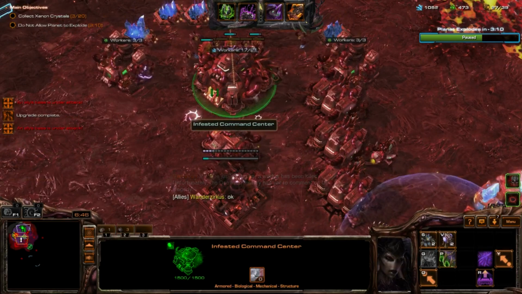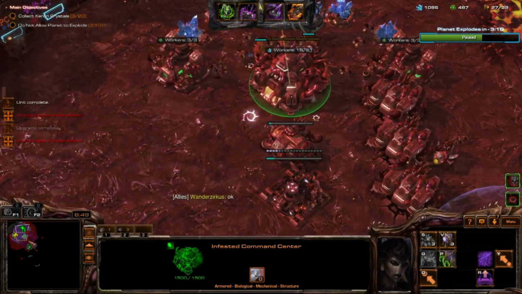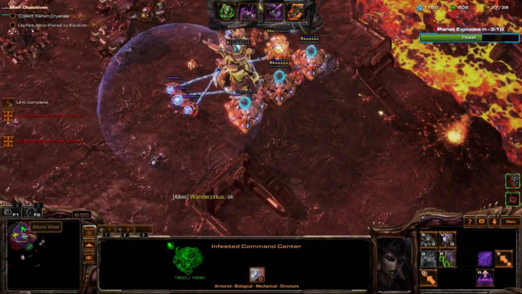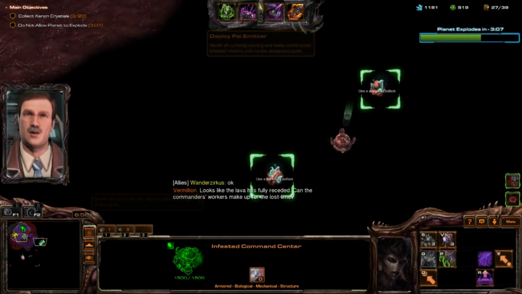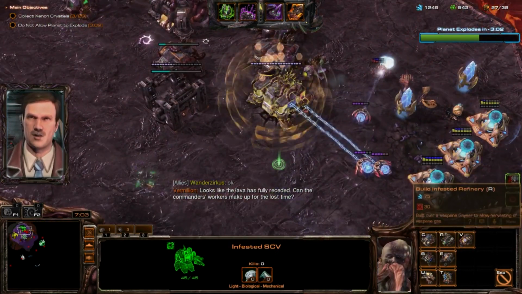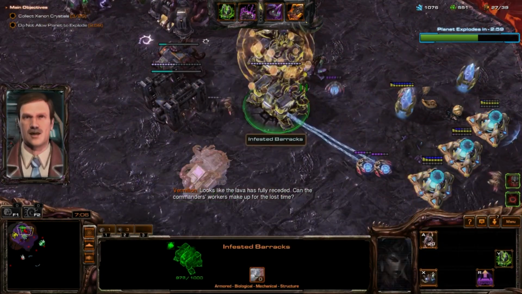VF armor. Barracks group 2, group 1. I should have done that a long time ago. Alright, oh, and I need to rebuild the compound. That's only 200, but...